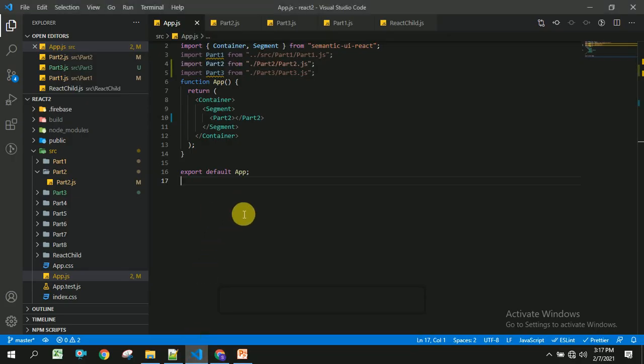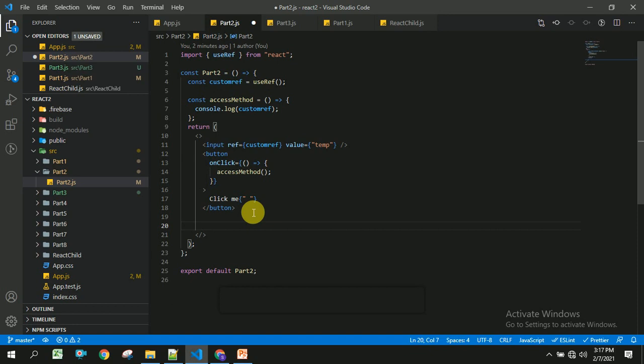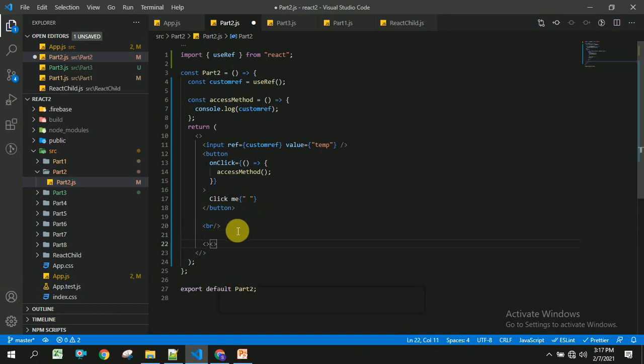The next one we are going to see is how to bind the data to the dropdown in React. First we go to part2.js, and here I am going to take a select element.